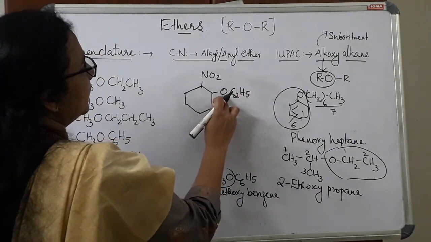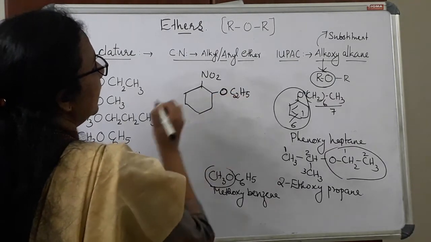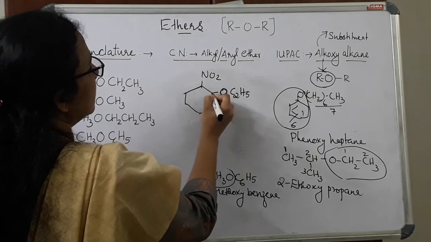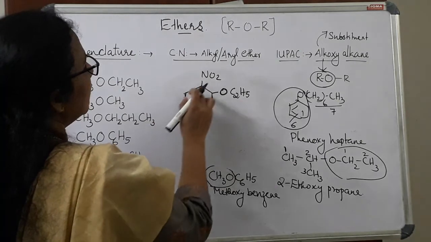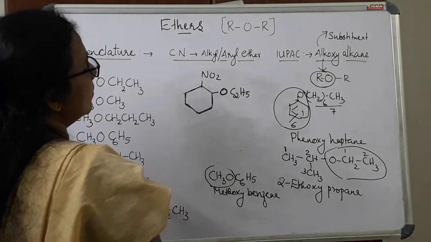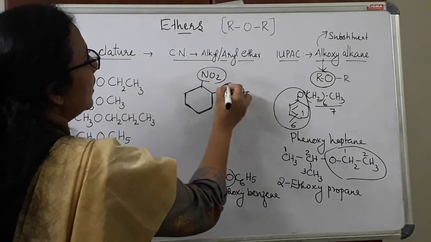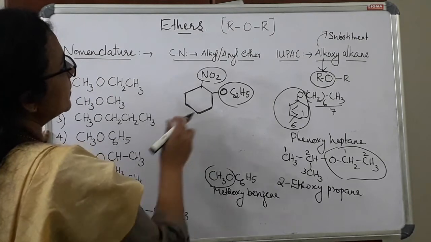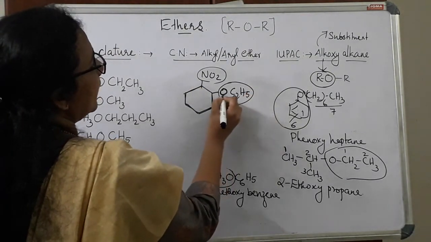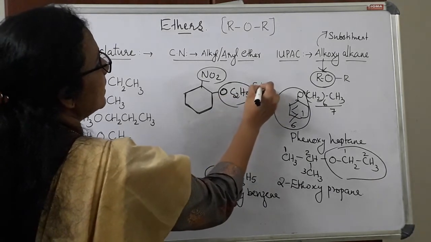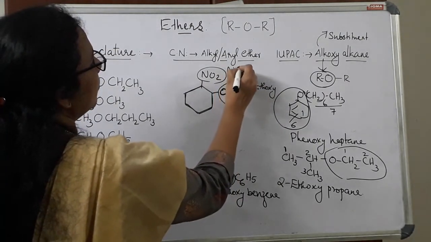So this is the alkoxy part actually, that is OC2H5. Here the alkoxy part is connected to the cyclohexane. In this cyclohexane there is also a nitro group, and the nitro group is a substituent, and this alkoxy group is also a substituent on the cyclohexane. So this is actually C2H5O, which means that is an ethoxy group. So ethoxy group, and this is the nitro group.